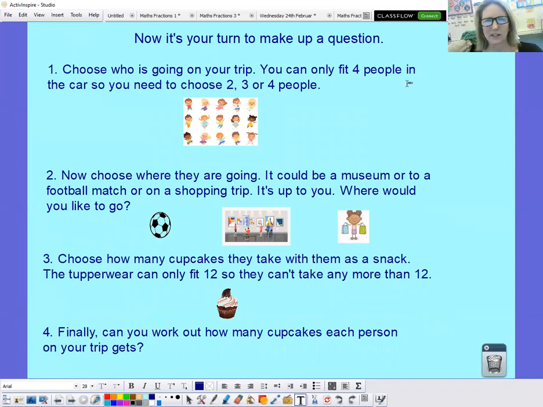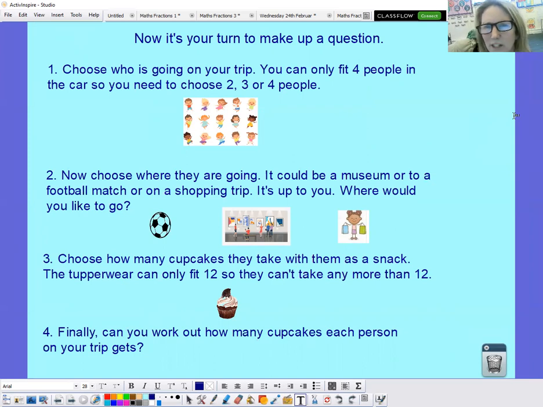So now it's your turn to do this. And today there's no sheet. All you need is a piece of paper and a pen. So stop the video now if you don't have either of those things. Stop the video, go and get a piece of paper and a pen or a pencil, and then come back. Brilliant. So you're all back. So your math lesson today,